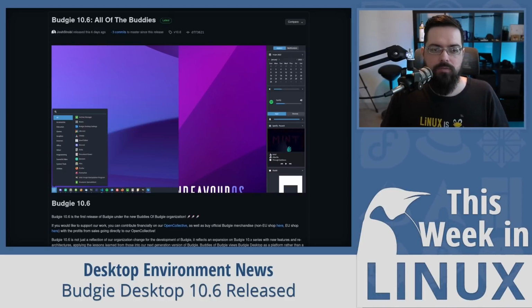First of all, there's a lot of improvements for application grouping, better support for KDE applications, improvements to single instance application tracking, and also they have revamped the notification system so that it's now a standalone system and is no longer part of the Raven notification center. So that's going to be really interesting to see, because a lot of people are used to using the Raven for that. So that's going to be somewhat of a change there.